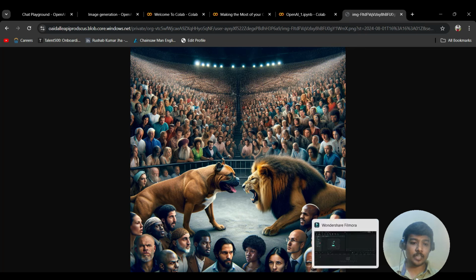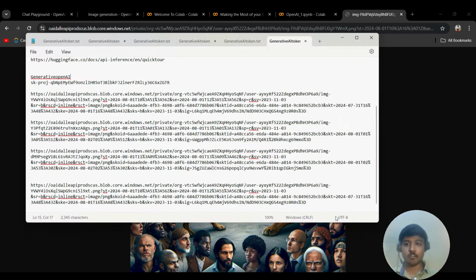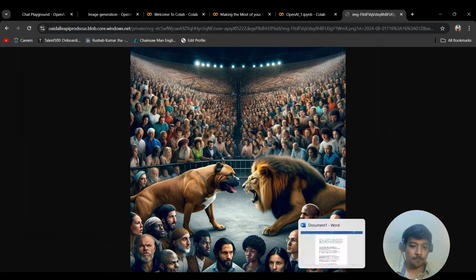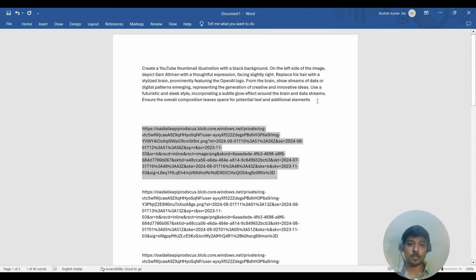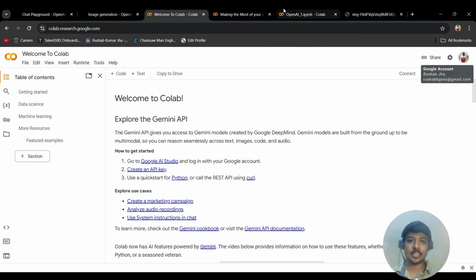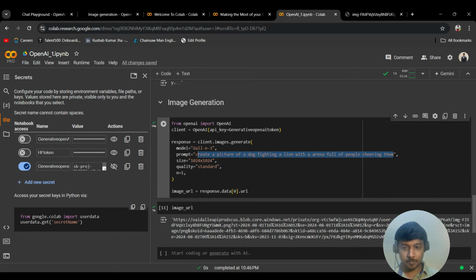Never mind, but I had run a previous code, and even on the thumbnail, if you see, there was a person's photo. Let me see if I can download and show it to you. Okay, so I had used this prompt, not this one, sorry. If you write this particular prompt, let me write it once again and rerun it. Let me check if it's able to generate the same photo or not. Probably it can.